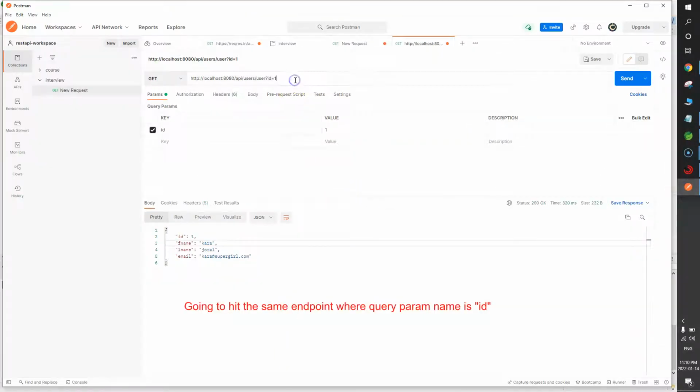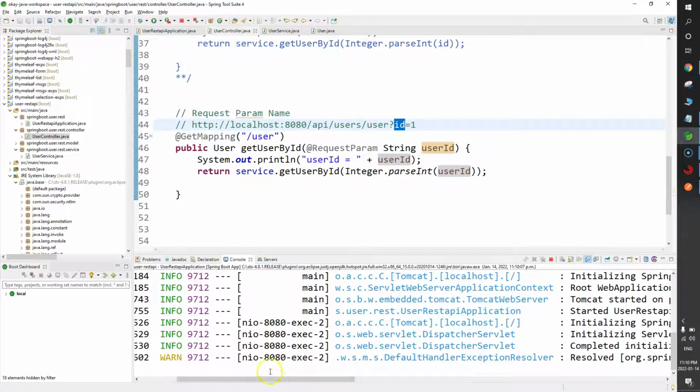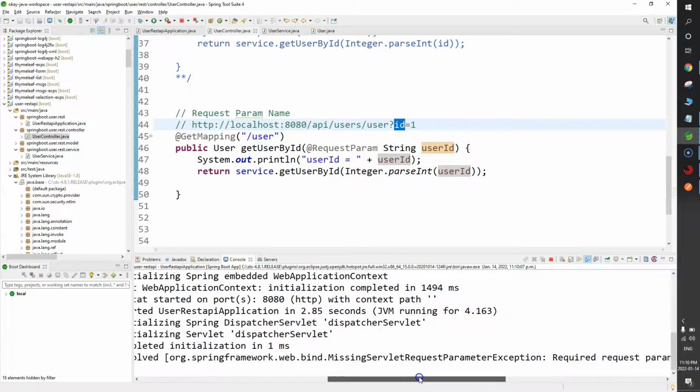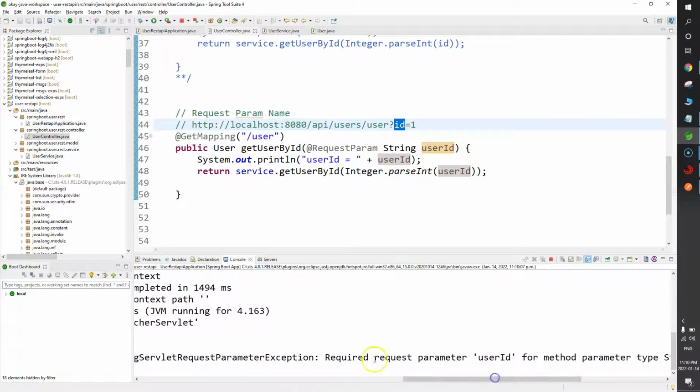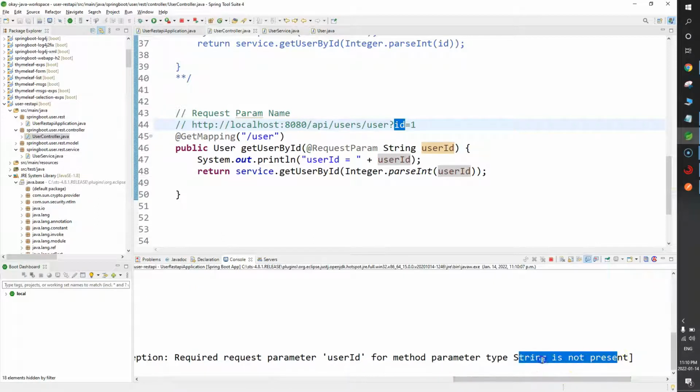So guys, I'll use the same endpoint, where ID equals 1. So basically I am passing ID as 1, but if you see, bad request, status 400. And if you go to the console, here you will see the missing request parameter exception. Required request parameter user ID for method parameter type String is not present. So guys, our code is looking for a parameter called user ID, but what we are getting from the endpoint,